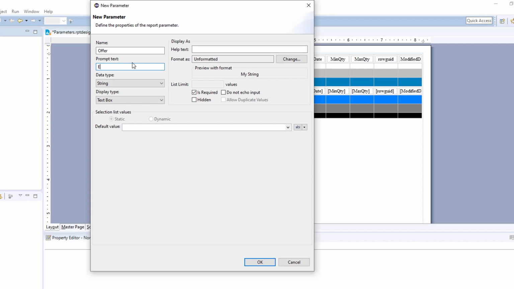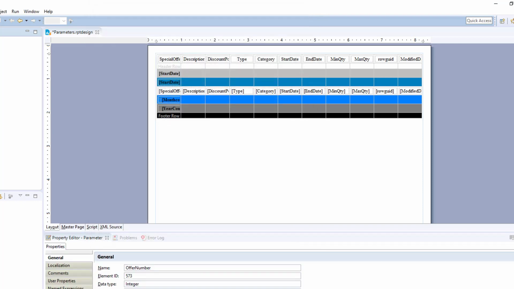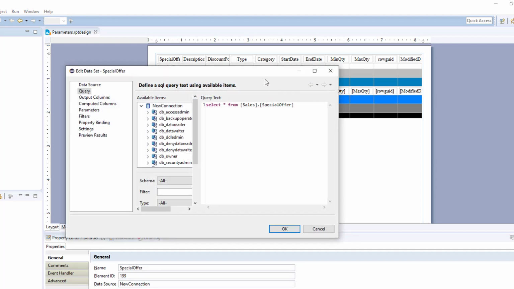And we're going to say enter a number, offer number. And so we're going to have an integer, and we're not going to have a default value. We're just going to have a text box. We can make it not required, which would probably be optimal, but for this example, we're just going to make it required. And so to add that to our query,